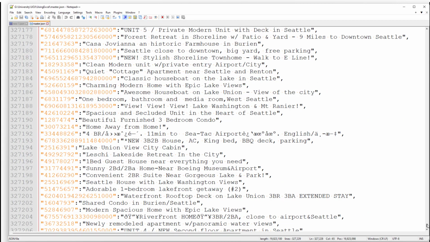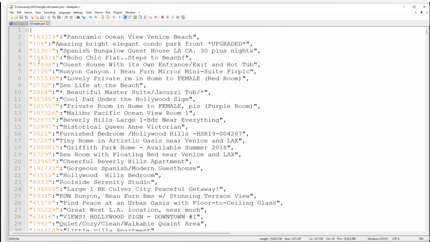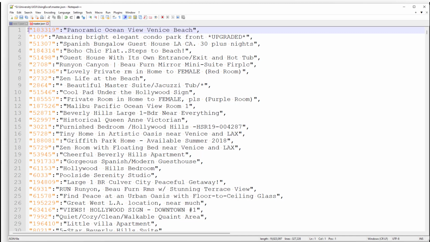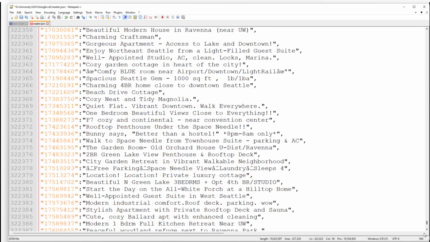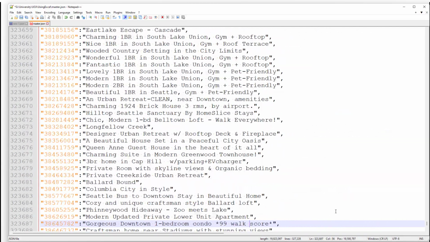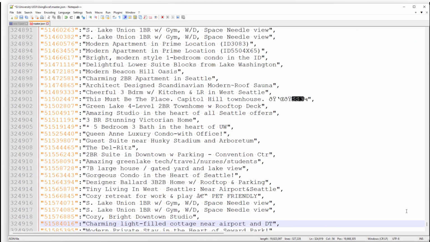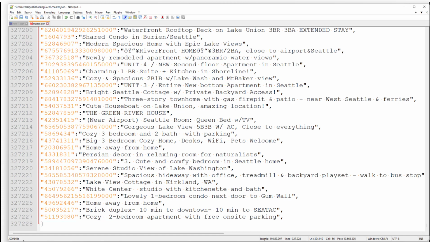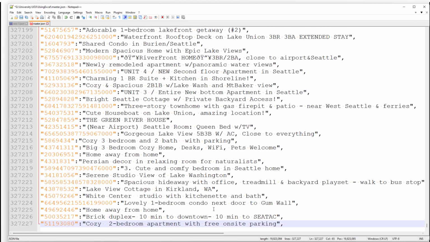So here's our Airbnb data that we've been working with, and what I'm going to do is clean this up a little bit by removing the opening curly brace and the closing curly brace. So we'll do that real quick. Get down here to the bottom. Okay, then what we will do,